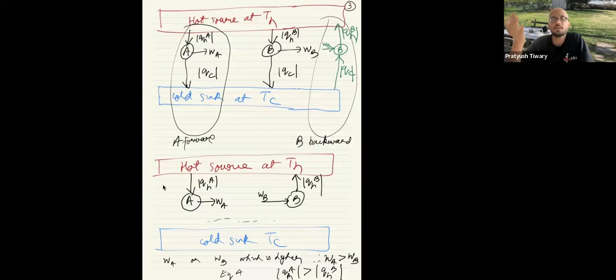So given this, what is the net effect on the hot source? Process A is sucking some heat out, QHA. Process B is giving it some heat back, QHB. But overall, you are sucking some heat out of hot source, right? That is QHA minus QHB. And since this WA is more than WB, you can use some of this WA to run engine B, right? So you could use this work done by the engine A to generate the electric current that is needed to run engine B. So how will the full thing look like? It's going to look like, again, we draw a